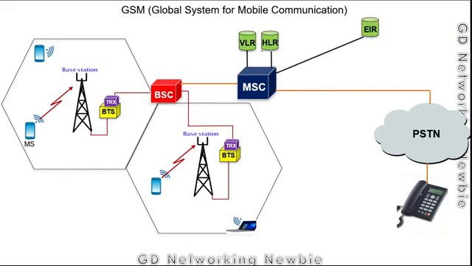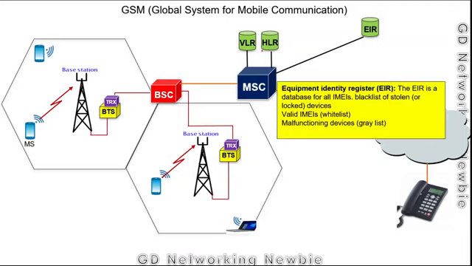And the mobile switching center also has a database that is known as EIR, which stands for Equipment Identity Register. This is a register to save information about IMEI, the International Mobile Equipment Identity. For example, if we lose our mobile or our mobile is stolen, then we can report it, and these mobile operators can save information about that mobile, meaning information about its hardware number,